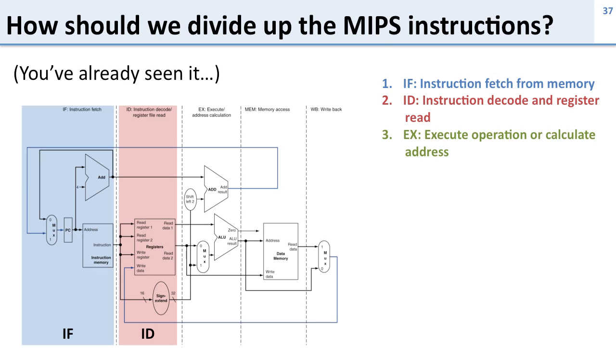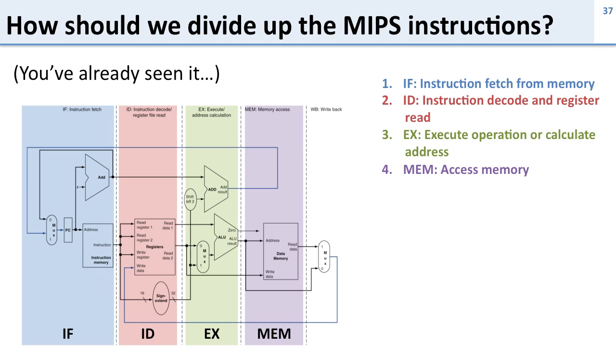In the third stage, this is execute. So here we're going to do the ALU operation, which is either executing the operation or used to calculate an address. This is the EX stage. Fourth stage is memory access, and here we're going to access the memory. And then the fifth stage is write back. So here we're going to take the results from that instruction and we're going to write it back into the